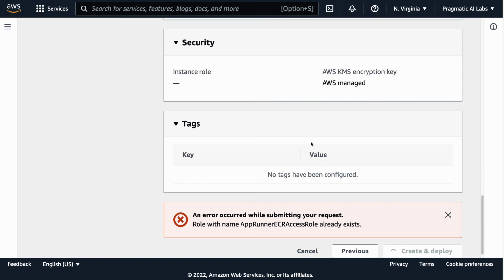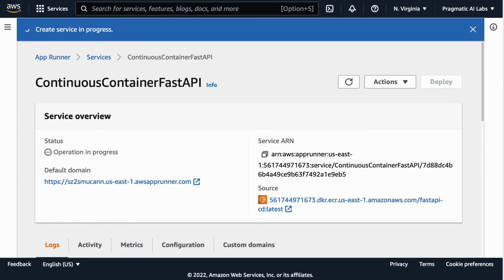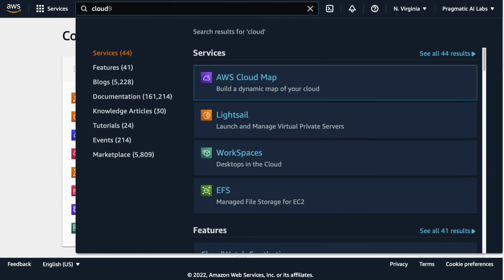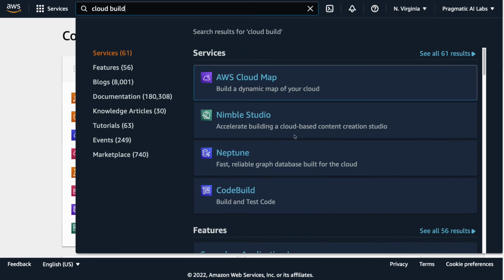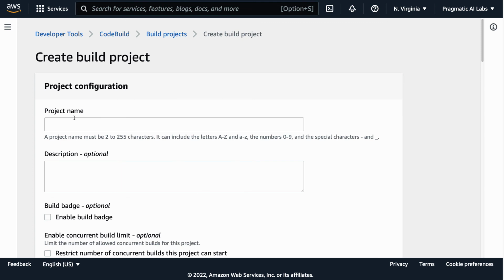And so what we could do while this thing is getting set up is watch it, but we also could go to the AWS CodeBuild service and take a look at how we could move it to the next level. So let's suppose, once we get this thing running, I think the next step in a real world production environment would be to go to CodeBuild. And what's nice about CodeBuild is that it can automatically build a project for us and push that container. So if we went through here and said create build project, and we say push App Runner, for example,